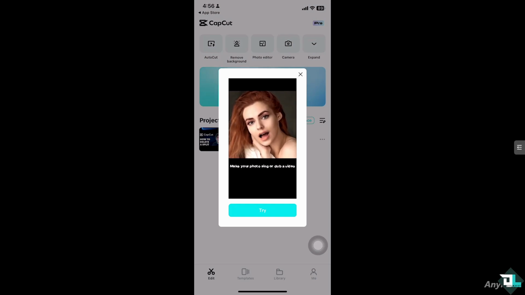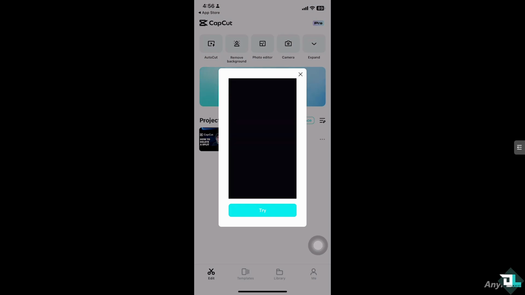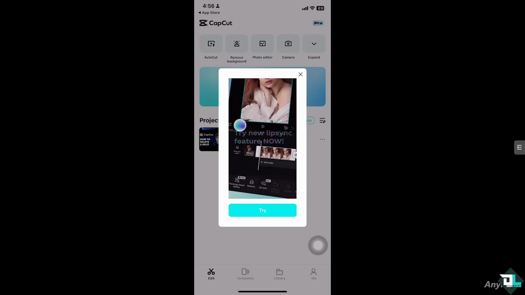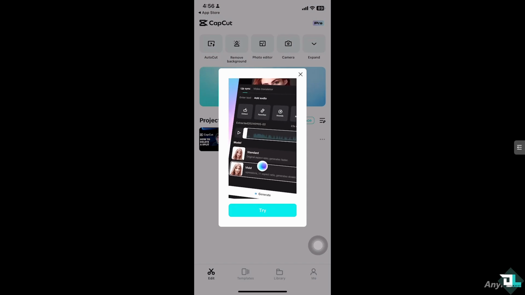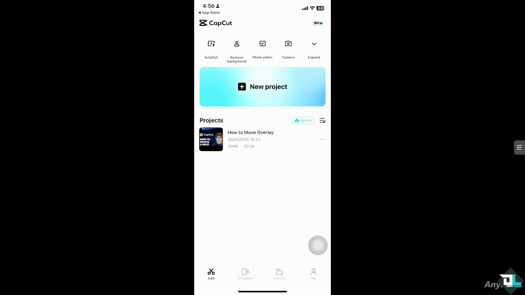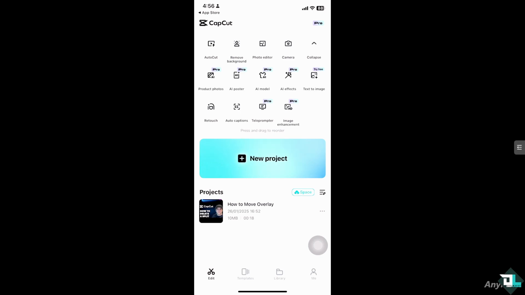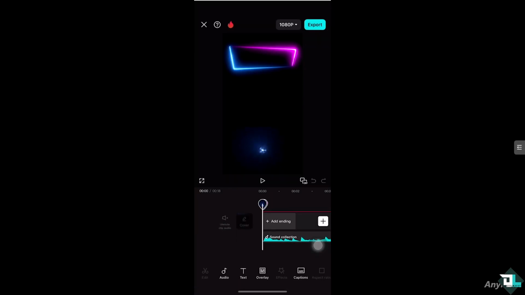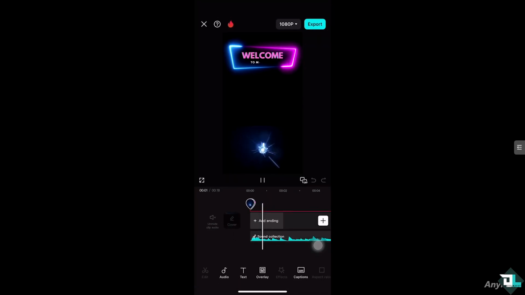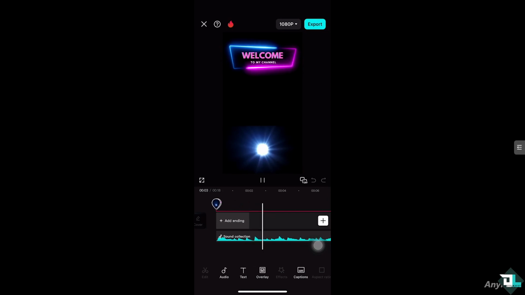All right, so if you want to position your overlay, all you have to do is open the CapCut app, and once you're there, click on the project that you are working on. If you don't have any project yet, just click create a new project here to begin your work and start editing. In my case, I'm going to be choosing this file right here. I'm going to click on it. And as you can see, I have two elements which